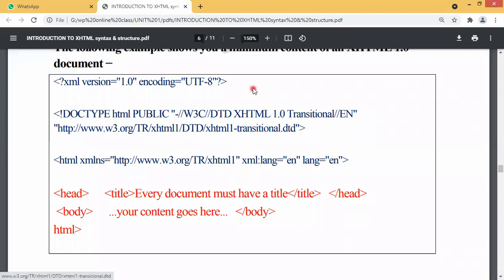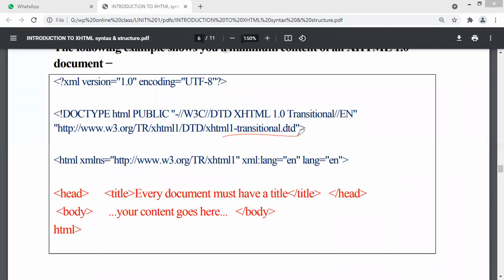Everything else is the same, guys. We have to change only this one. There are 3 different types of document type headers. The most commonly used is this one.